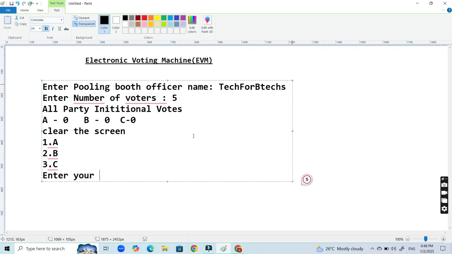Enter your vote. If the voter wants to cast his vote for party A, he has to press 1. If he wants to cast his vote for party B, he has to enter 2. If he wants to cast his vote for party C, then he has to enter 3. If the voter enters any number other than 1, 2, 3, it has to be considered an invalid vote. For example, if he enters number 6,